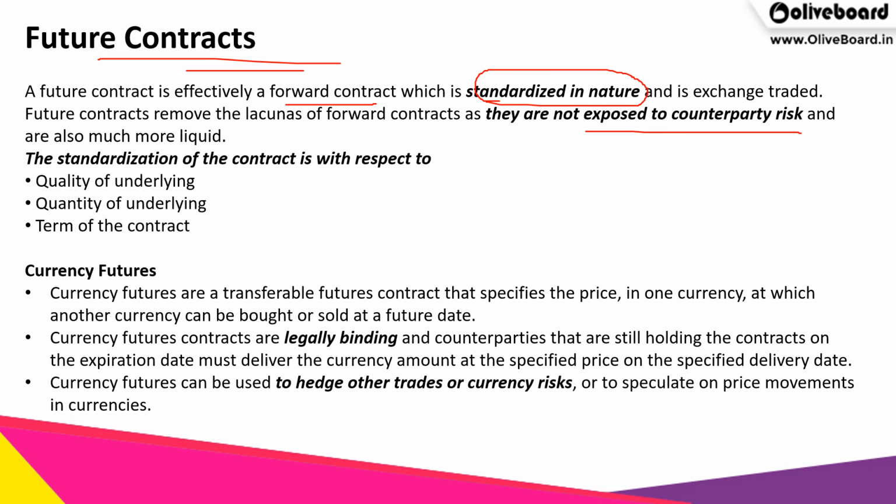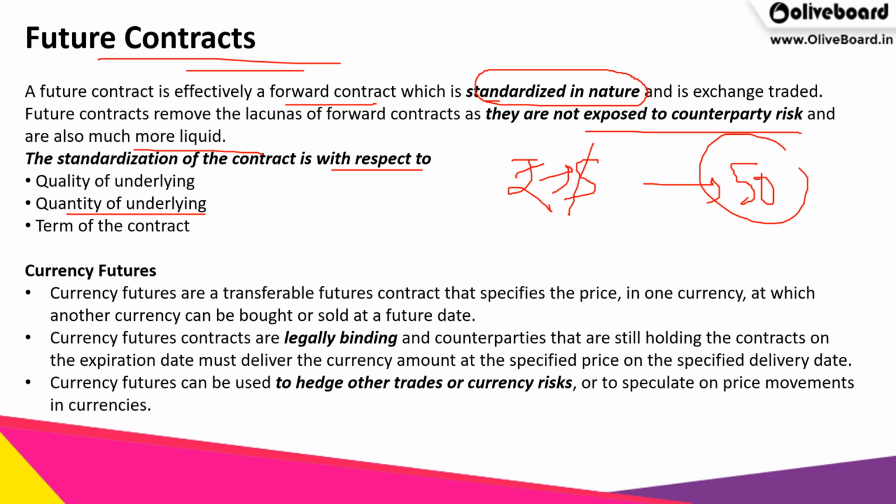Now coming to futures contracts, a future is effectively a forward contract which is standardized in nature, because they are not exposed to the counterparty risk and are much more liquid. So it is standardized with respect to the quality of the underlying asset. So here we mention what it is. Is it rupee versus dollar? Are we going to exchange rupee for dollar, or what is the quality of the underlying asset? The quantity. So we decide that we are going to deal with $50